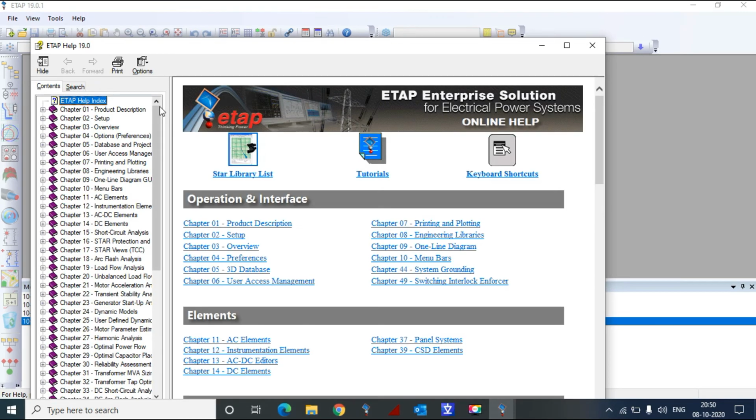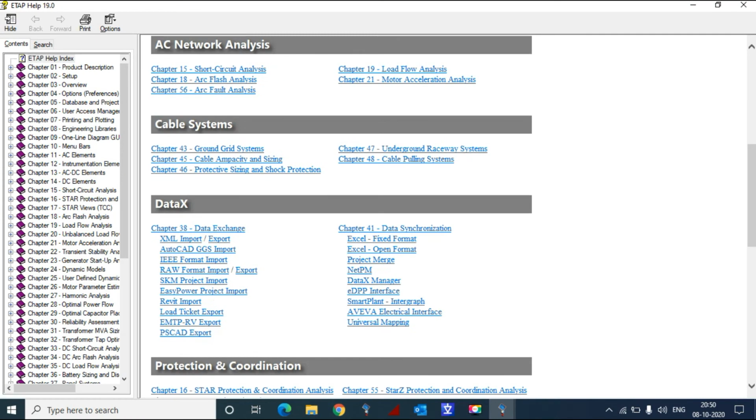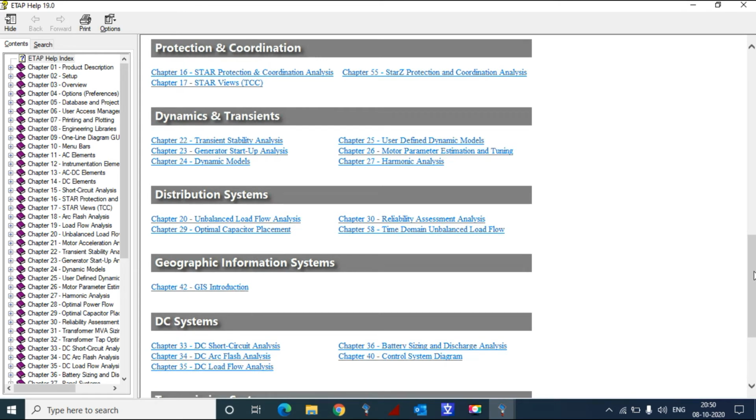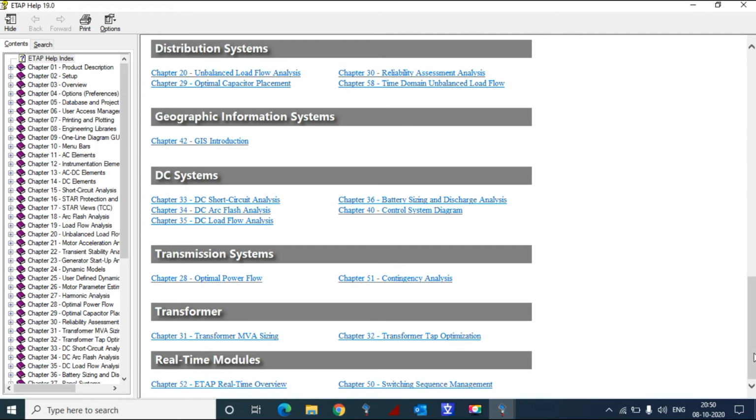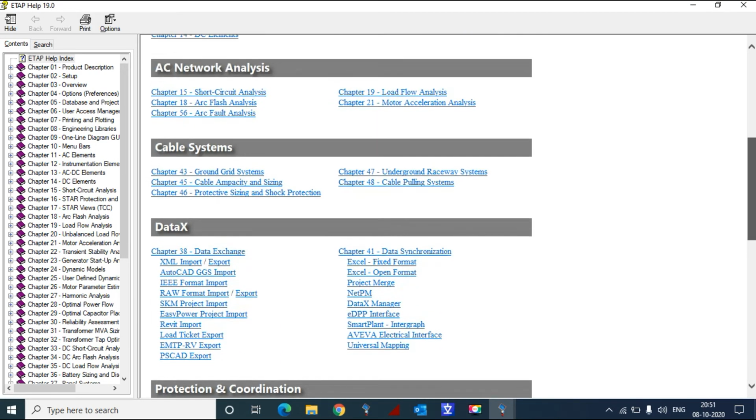And that help contains a lot of chapters, from product discussion to how to set up a tab, how to set up a power system, then dynamic and transient stability, distribution system, geographical system, the transmission system, optimal power flow, and contingency analysis. So for each major element there is a dedicated chapter available in ETAP.